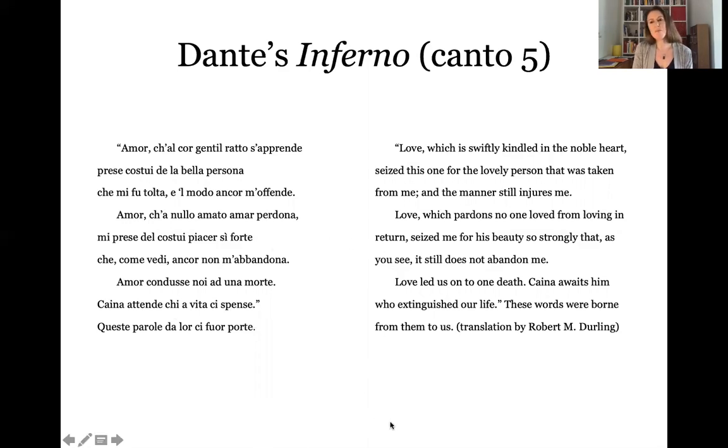And this is a moment in Canto 5. So Dante proceeds through hell and meets all these groups of sinners who are suffering punishments for poor decisions in life. And in Canto 5, he meets the lustful. And so what I'd like us to do is look at this passage, and as I'm going through it, I want you to think about the kinds of questions we ask that we'd be looking at for the purposes of interpretation. Now, I'm going to read the Italian.